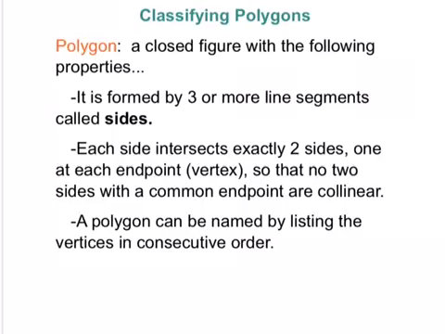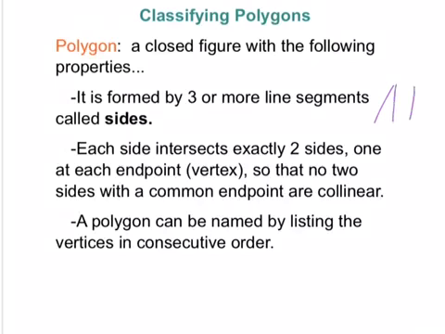Today we're going to talk about classifying polygons. A polygon is a closed figure with the following properties. It is formed by 3 or more line segments called sides. So the smallest polygon possible is a triangle, because if you have 2 sides, you have to connect them, and